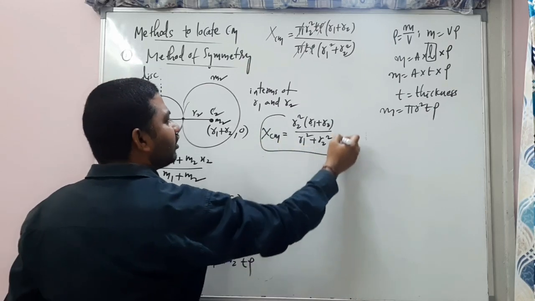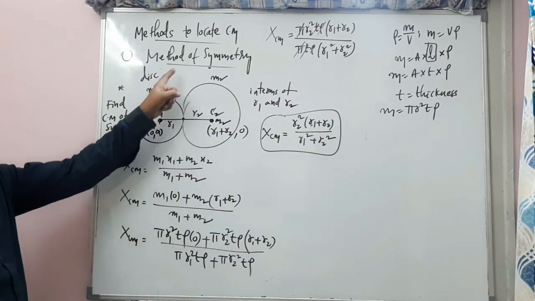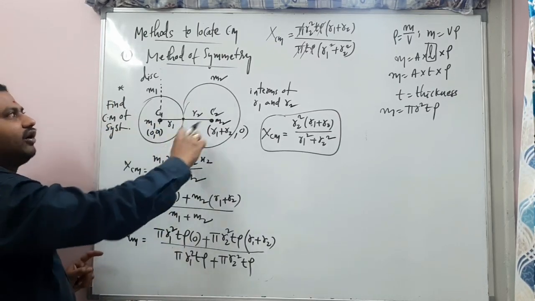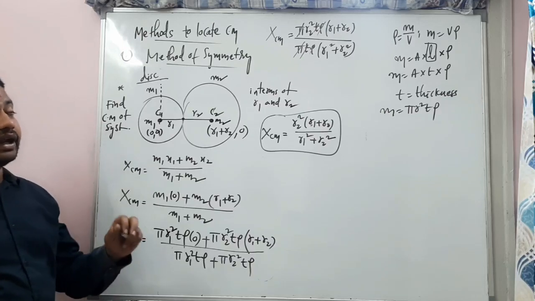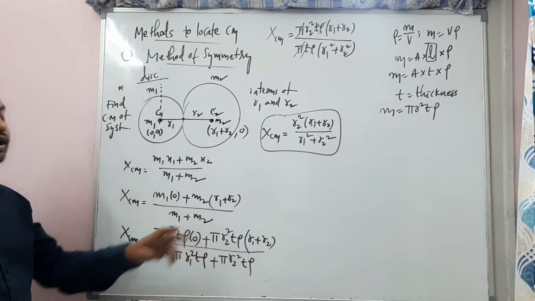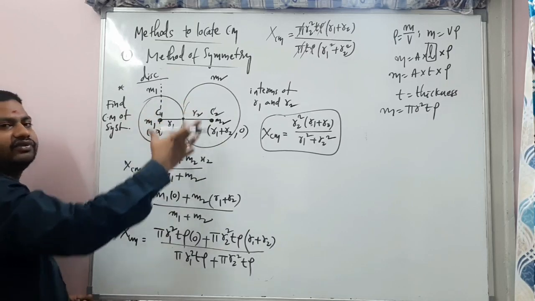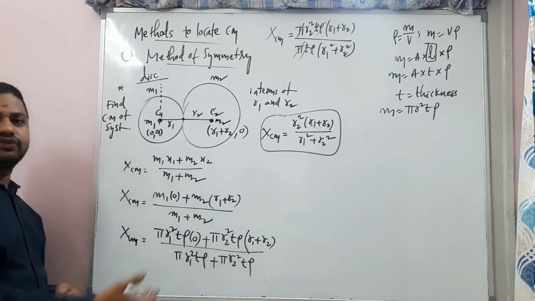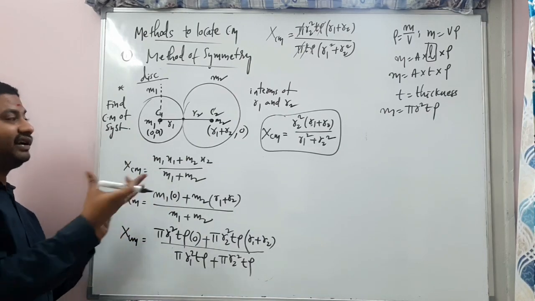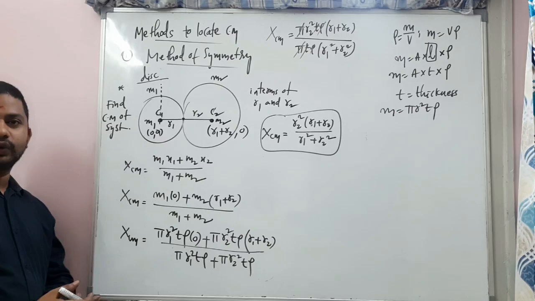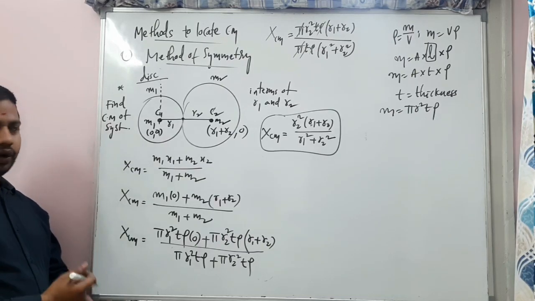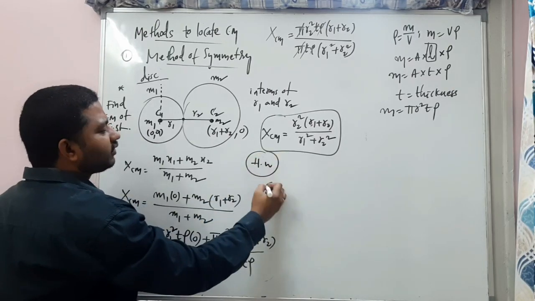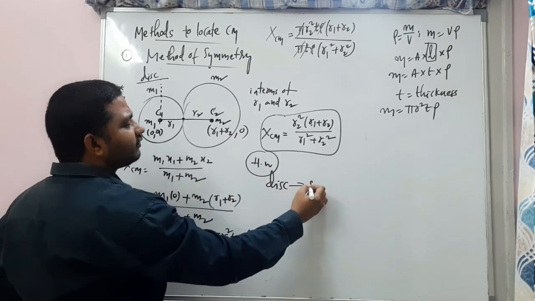So this is how we find it by the method of symmetry. By using the method of symmetry, the center of mass of the system of two discs we can find out, and then you may get why that thickness T is cancelled. The similar kind of disc we have taken, identical discs, same disc. That's why thickness is identical and the radius is also the same. Okay, clear? Alright. So now the homework for you is, in place of disc, please replace with a solid sphere,